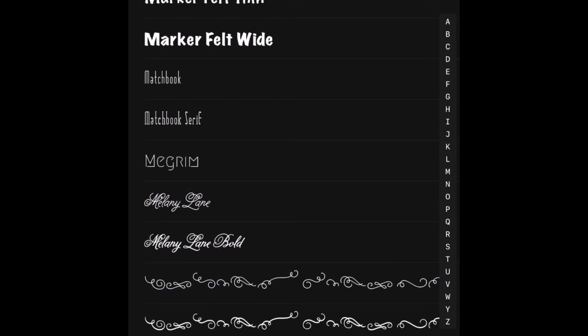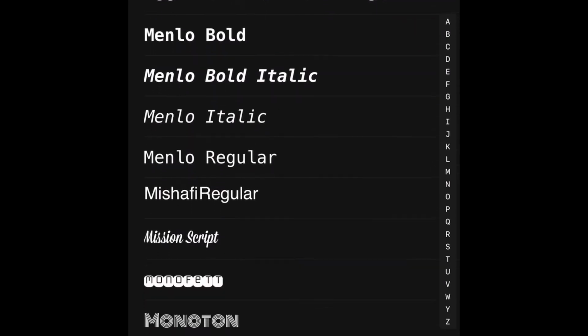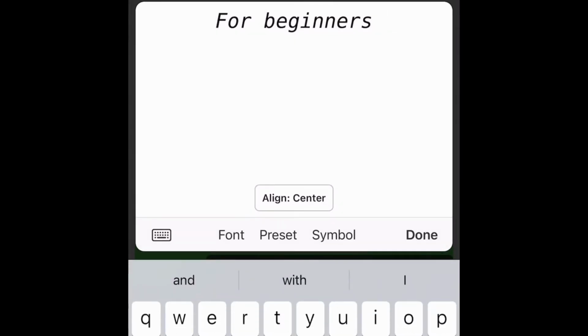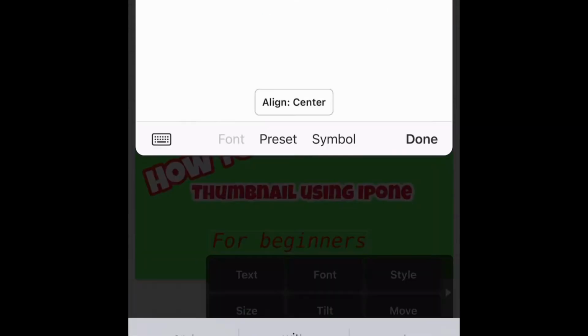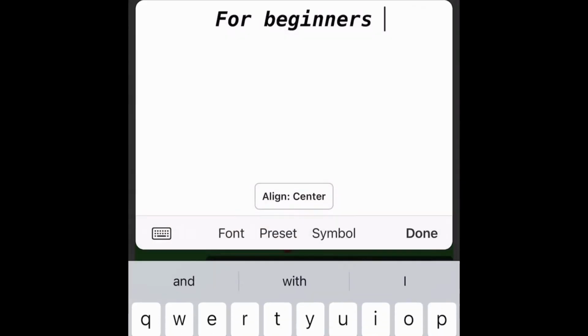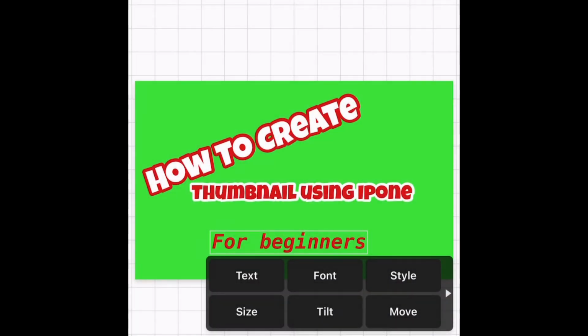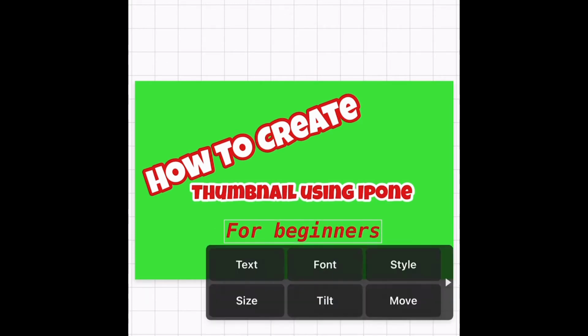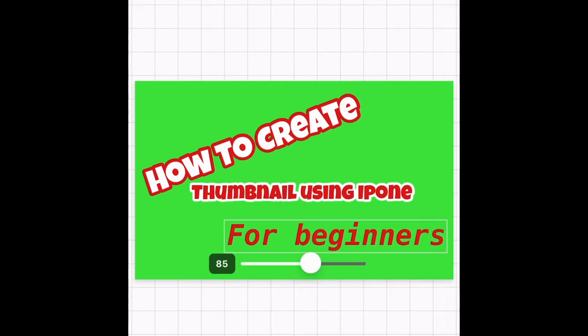I'm going to change this font because I want it to be a little different. So I'm going to go in and play with my fonts here and just touch on them, guys, and find exactly what you like. Once you find a font, then you go ahead and apply that, and then you're going to add it to